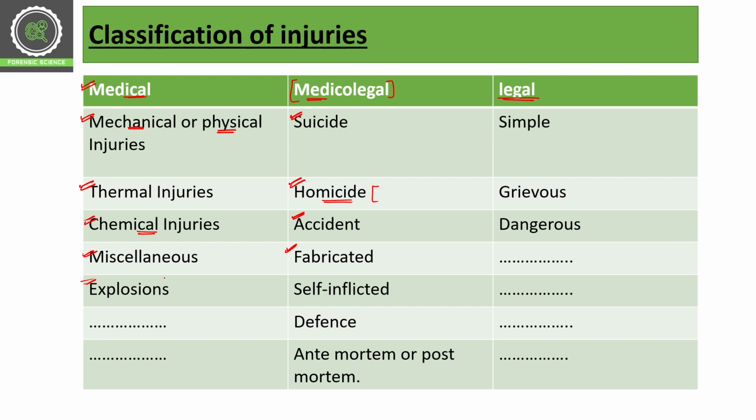Then we have defense injuries or defense wounds. These defense wounds usually come on the backside of the head, or you can say the ulnar portion of the hand, and most of the time on the legs, because if someone is defending herself or himself, then he will try to cover his face with his hands or feet or with legs. So that's why most of the injuries are inflicted at the ulnar side of the hand, and the backside surface of the hand. Like we have the palmar side, and then we have the other side. So the other side of the hand will have the defense wounds or injuries.